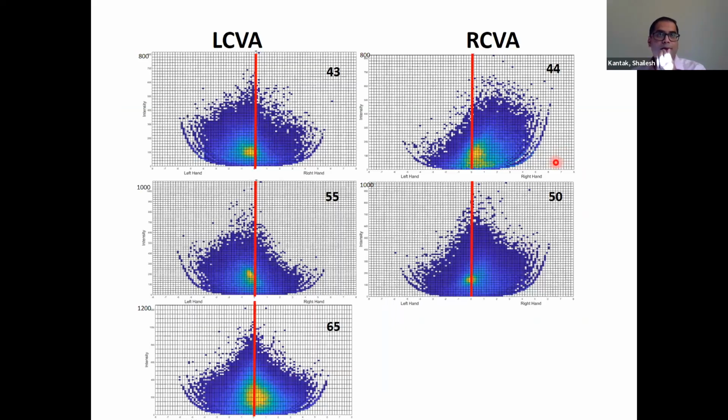What I'm showing you here is only individual data, because we don't have enough data to run statistics. Here I'm showing you the density plots. On the left-hand side, we have patients with LCVA, and on the right-hand side, patients with RCVA. The numbers in the right-hand corners indicate their Fugl-Meyer scores. Now here, the participant with an almost normal Fugl-Meyer score, 65, and a paretic dominant arm seems very similar to controls, where both upper extremities are active throughout the day, and they use relatively similar magnitudes.